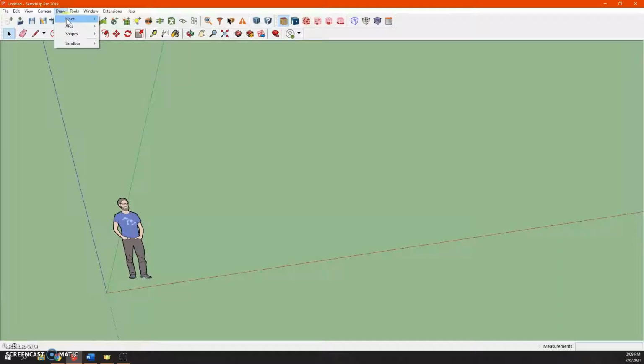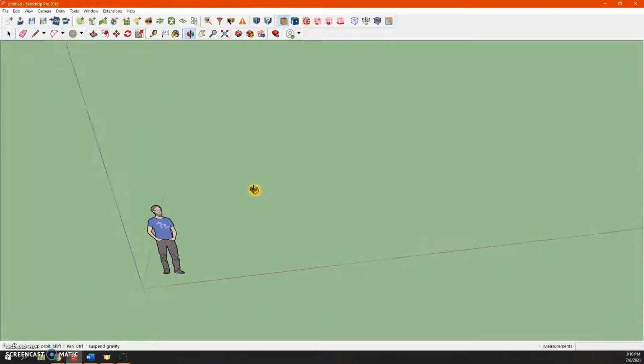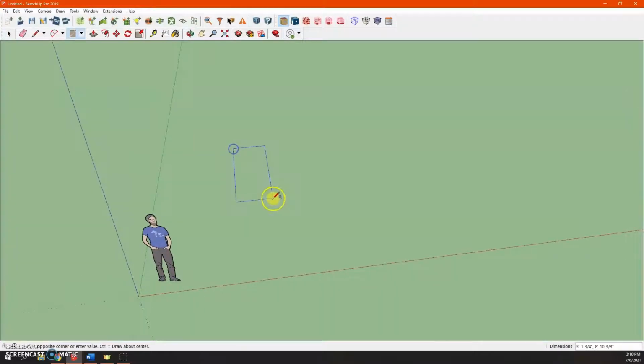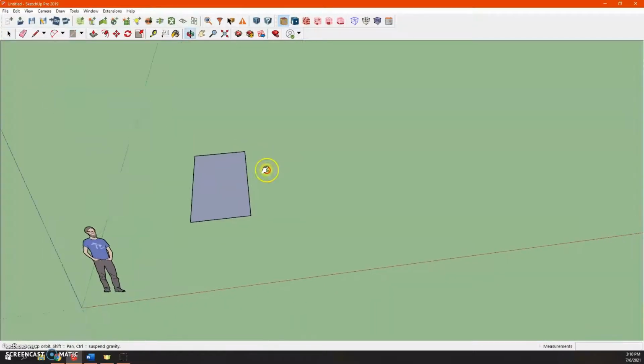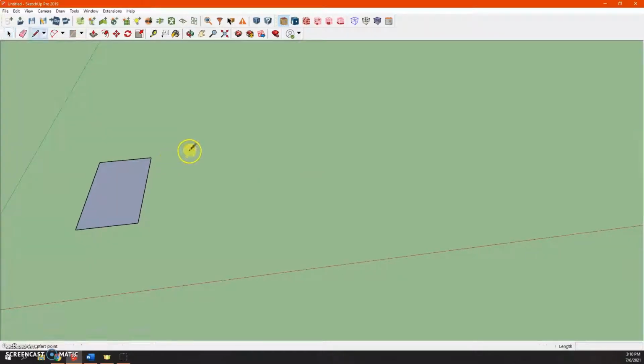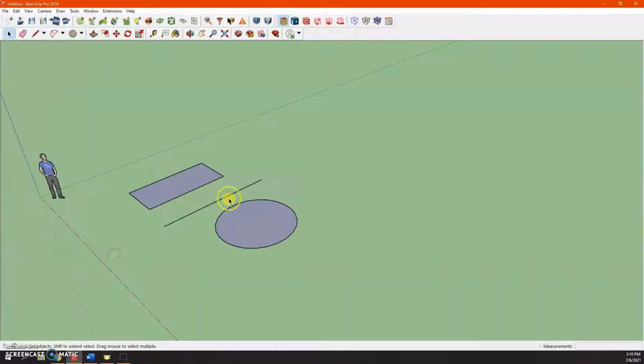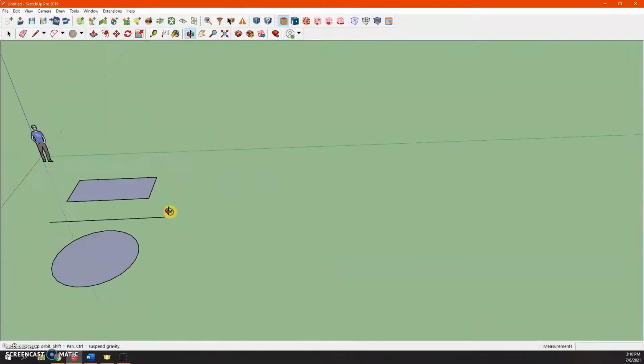And for drawing basic shapes, you can use the Draw toolbar at the top of the SketchUp window, or you can just use the shortcuts, which I very much prefer since they're a lot faster and more efficient. So R will make you a rectangle, L will give you a straight line, C will give you a circle, and then if you want to make a line parallel to an axis, what